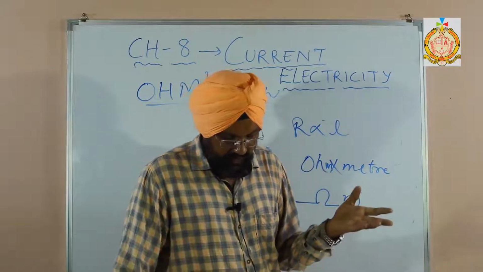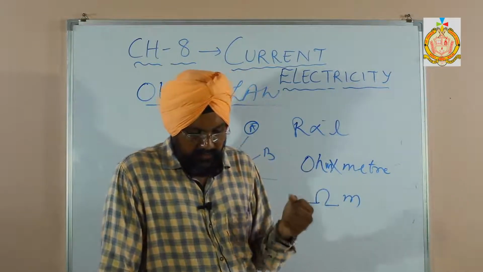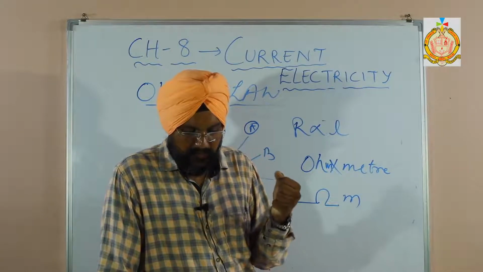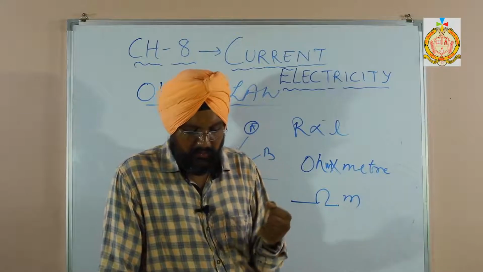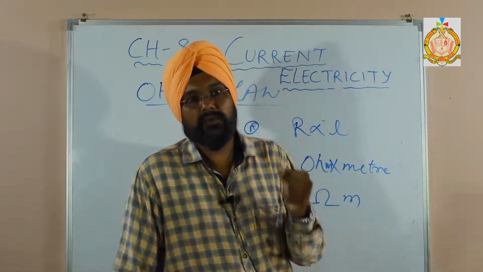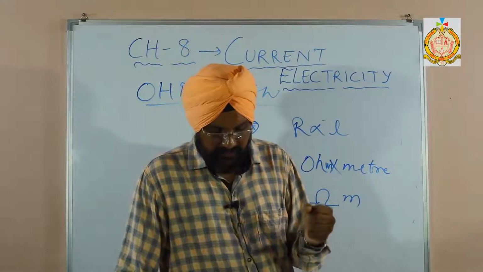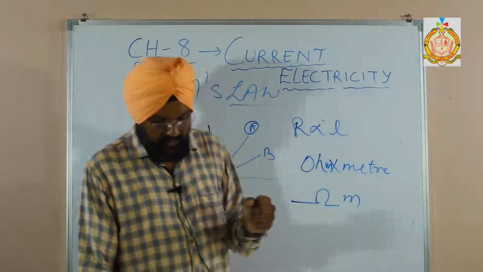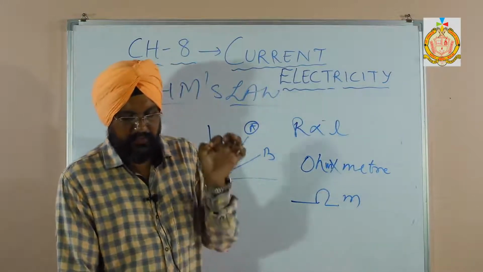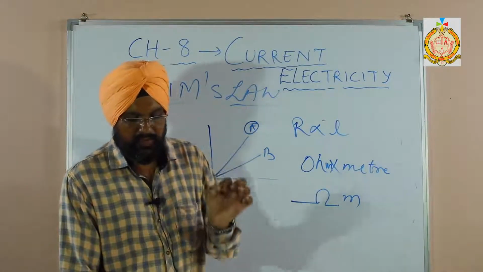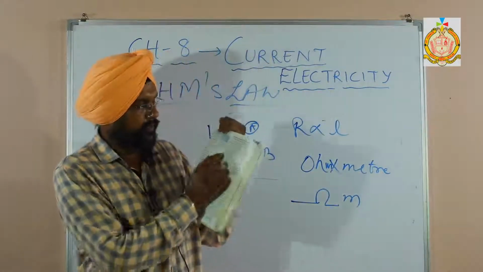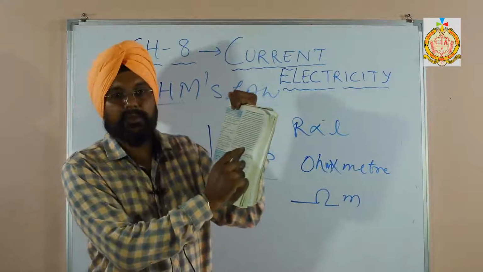The next are the factors. The first factor is that it is a characteristic property of the substance. Different substances differ; it is low for metals and alloys. Specific resistance is low for alloys as well as metals. It also depends upon the temperature. The specific resistance of the material of a conductor is constant for a given temperature. So this note is very important. Sometimes they ask questions from this note.